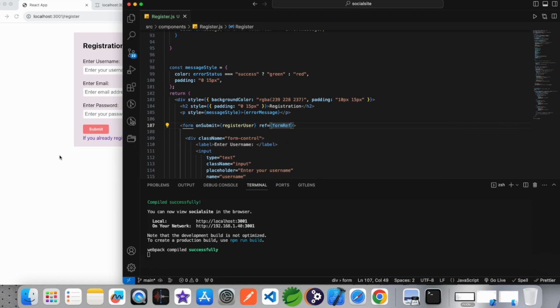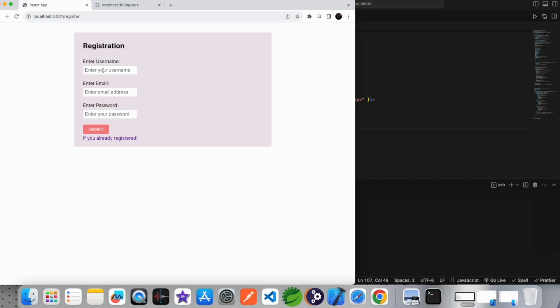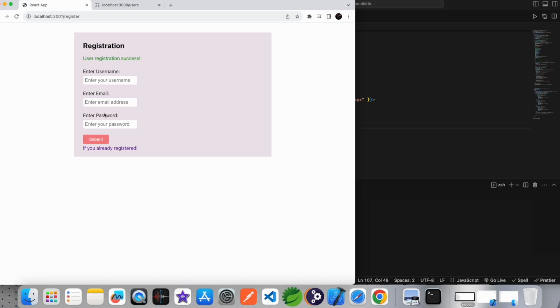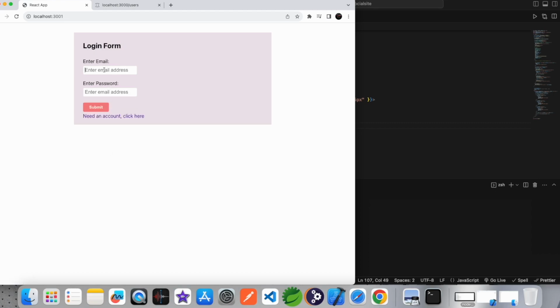And now if I save and register another user, test4, the email is test4@gmail.com and the password is 123456. If I register that, you see the form is empty, and if I log in with